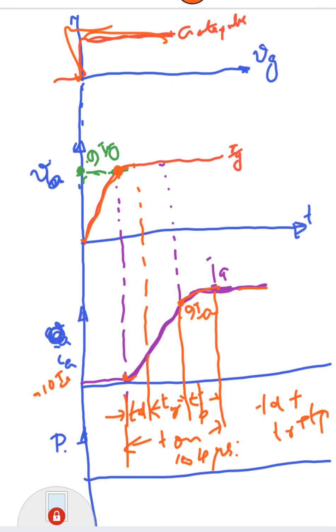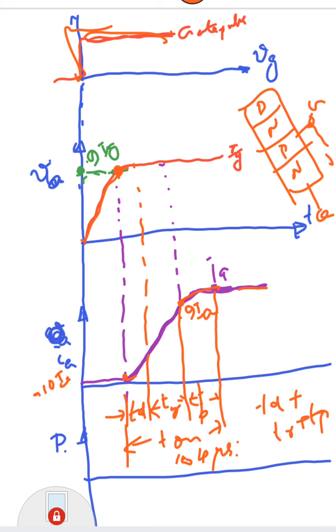So I am drawing again the PN structure, gate and cathode. So between gate and cathode you have supplied a pulse. This is the pulse that I have drawn here. So gate current slowly increases, so this is Ig. Once the gate current has reached 90% of its value, anode current slowly increases from anode to cathode, so this is the step. So it takes a delay, so that time is called delay time. And after that what is going to happen is that